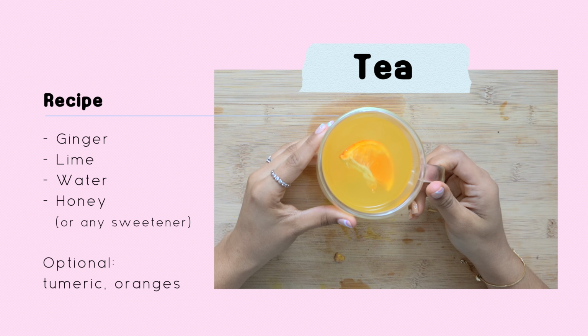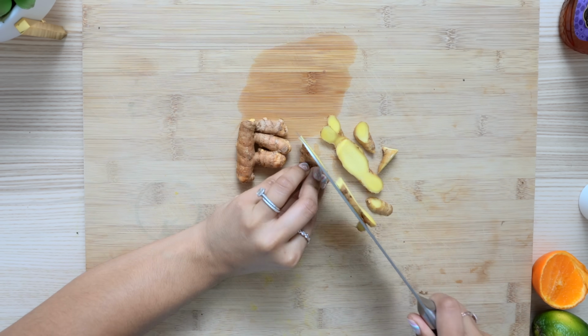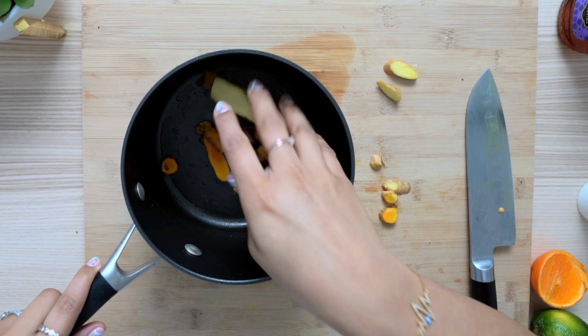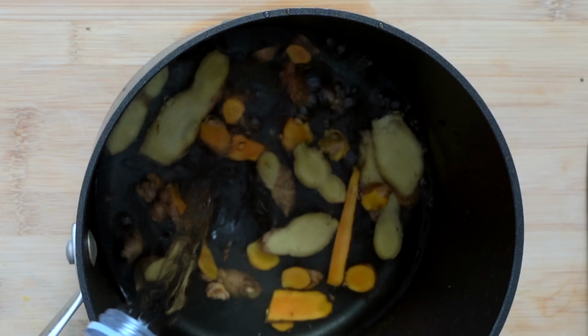Tea, I love tea, but the good tea, the kind of tea that's good for your soul, your body, and your mind. So you're gonna get about a thumb of ginger, which has so many anti-inflammatory benefits, so good for the joints, improves your digestion, is good for your body. You want to add about 2 cups of water and boil these 2 together,